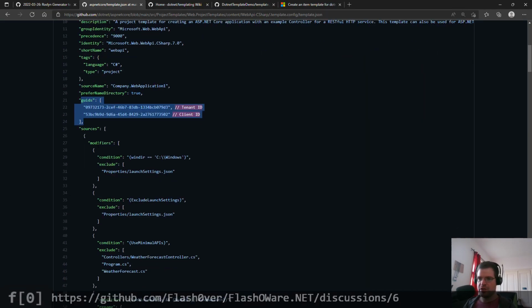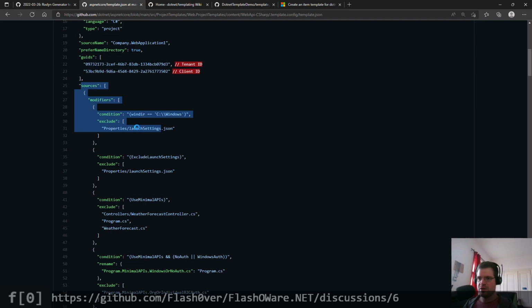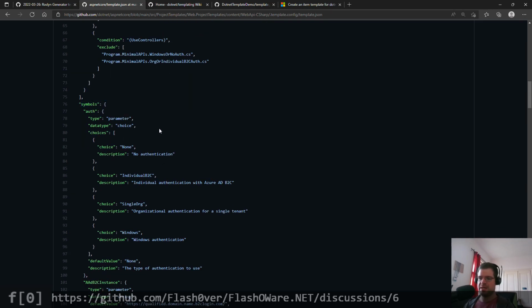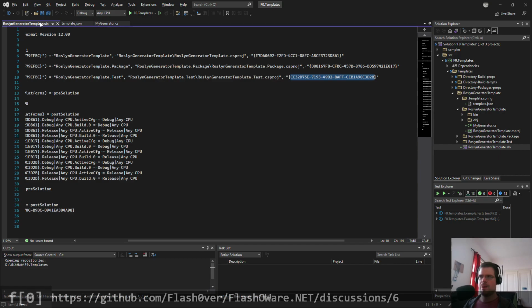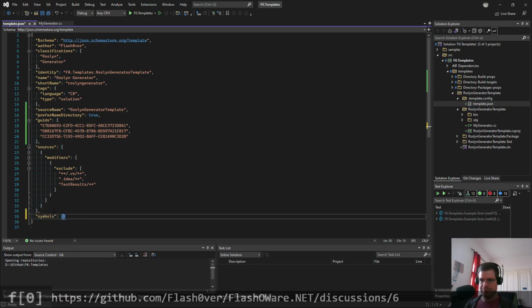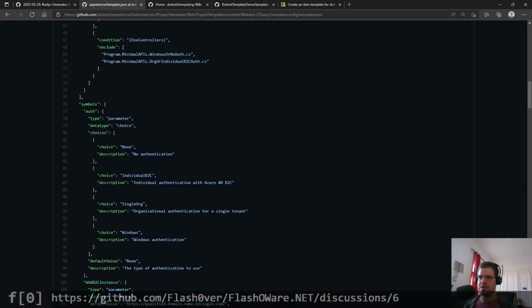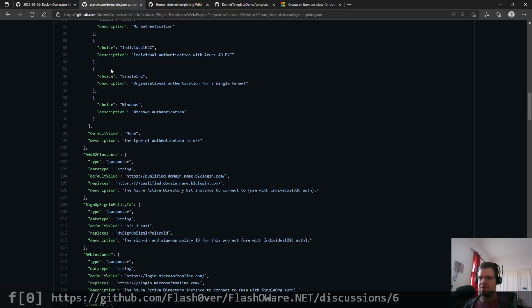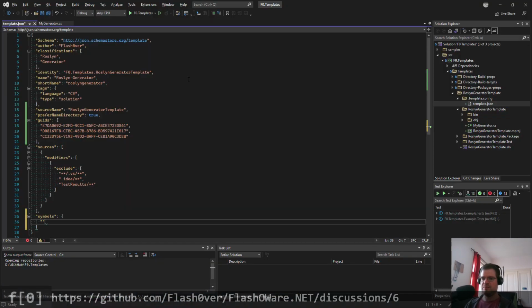What else could we use? So the sources, we will be needing that later on. Symbols. Yes, with symbols, we can basically define options. So let's add, where does the sources end? Here, let's add symbols. And this is a collection. This is an object where we basically pass in the symbols. So let's have one for the Roslyn version. Yeah, that's basically the name. Roslyn version